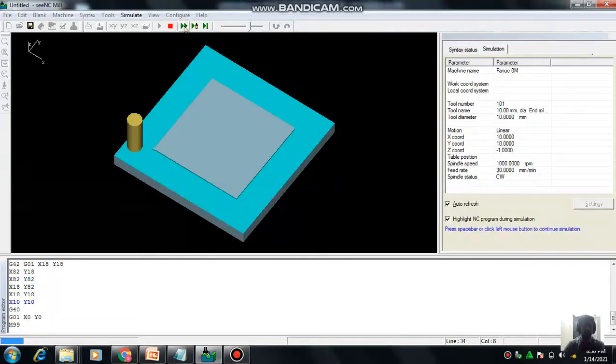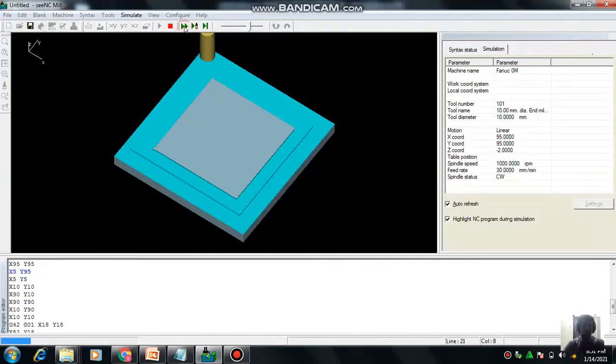Once this slab is over, we have to go again. That's why we call the subprogram 6 times. Again it will give another incremental depth -1, then again it will come. So this is the second cycle. It goes until it reaches the square block.